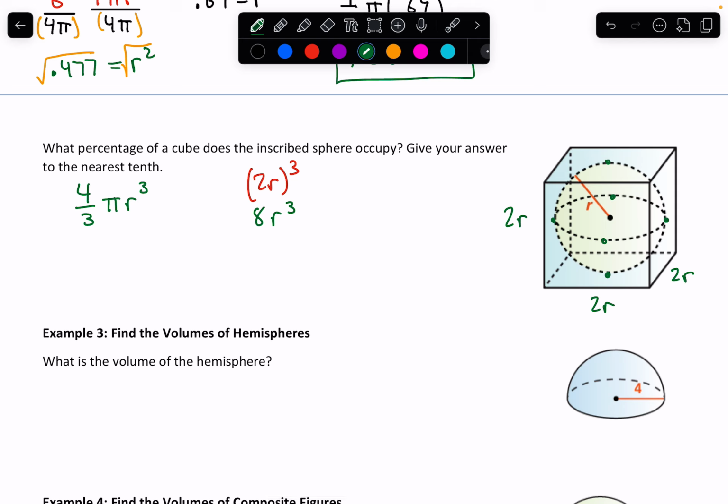What I'll need to do then is I will take my top number, my sphere, 4/3 pi r cubed, divided by the entire amount of space in the cube, 8r cubed. When I divide these, notice that my r cubes cancel each other out. There's one on the top and one on the bottom. So the calculation I'm essentially doing is 4/3 pi divided by 8. And when I do 4/3 pi divided by 8 in a calculator, I find that that gives me 0.52, leading me to a